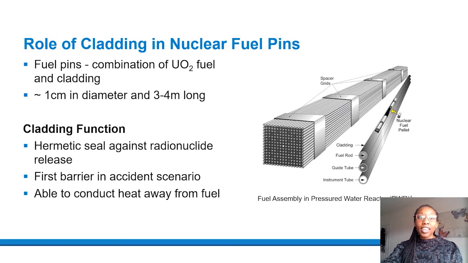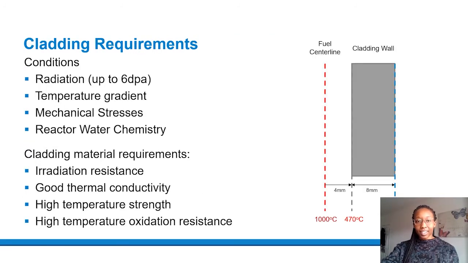Fuel cladding encases the fuel pins and is needed to provide a gas-tight seal against the release of radionuclides. In addition, it must be suitably thermally conductive to conduct heat from the fuel over to the coolant to generate electricity. As such, cladding requires radiation resistance, good thermal properties, high temperature strength, and high temperature oxidation resistance, particularly against